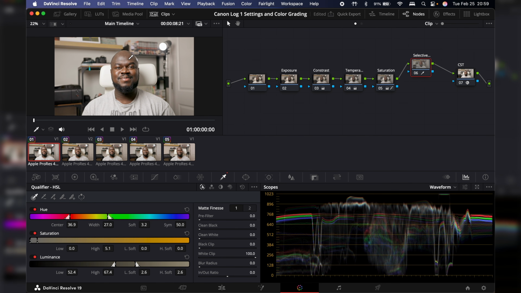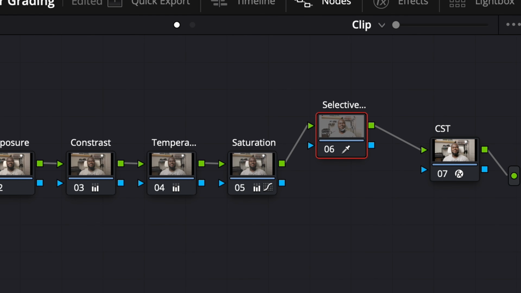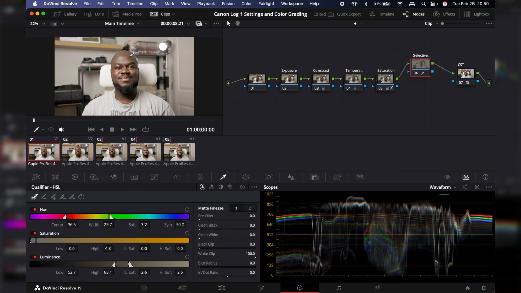And it's basically going to highlight that area. You're also going to see that this area right here kind of made like a gray point. I can restart that so that you guys can see that. So say I just click on one area. It just makes like a mask of that area, right? And you can see that these values are selected over here. The saturation is selected, also luminance is selected. And if I wanted to clean it up some more, I sure can, but I just wanted to select on